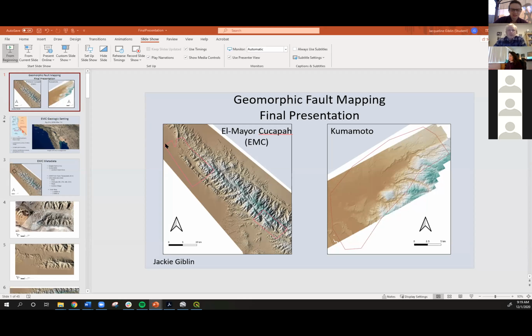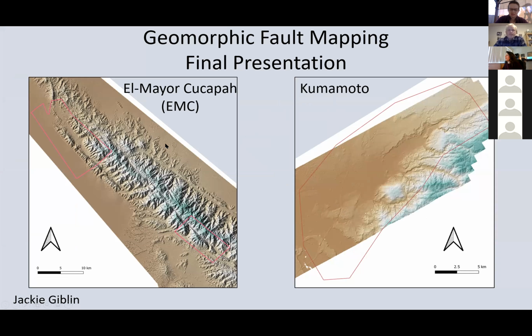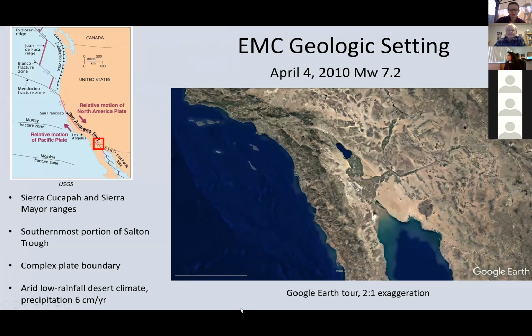Okay, so I'm going to give a whirlwind tour of both of my projects, a couple minutes each, and go over my thought process and approaches, because I thought it was really interesting how different they both were and where I had to make modifications in my approach for both of these areas. So my first project is El Mayor Cucapa, or EMC,